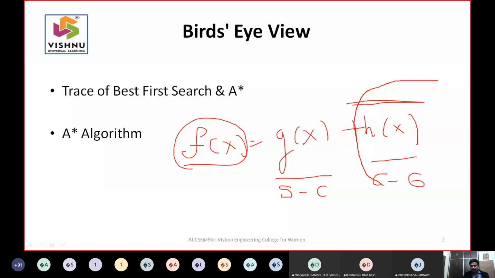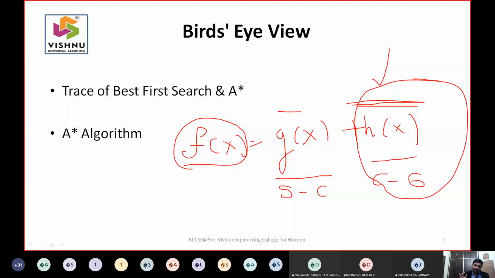So the efficiency of the algorithm lies on this part, because the final version of A star says I need to have a heuristic which is a combination of g of x and h of x. So g of x is the distance between the starting state to the current state, and h of x is the distance between your current state to a goal state, and most of the time h of x is a predicted value.